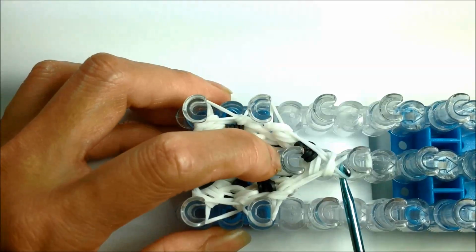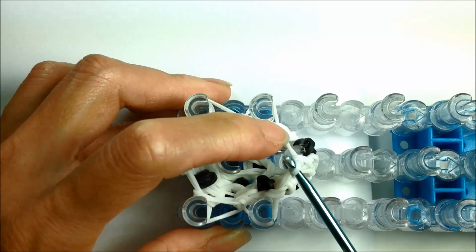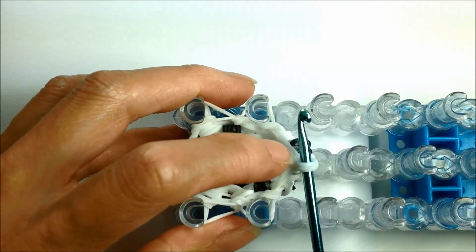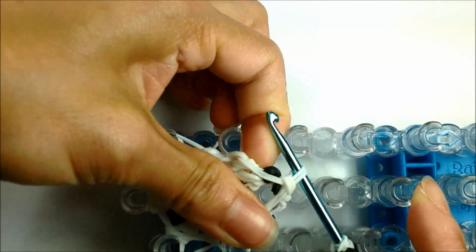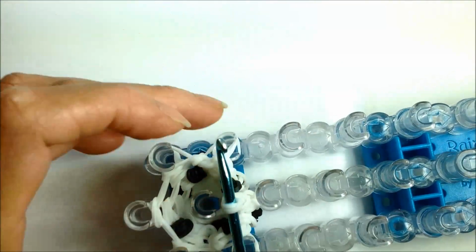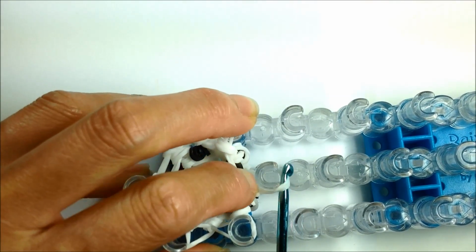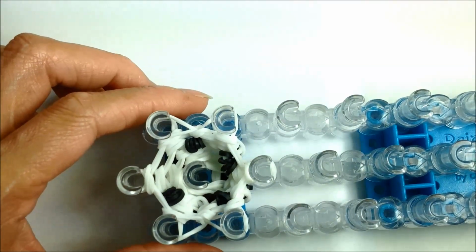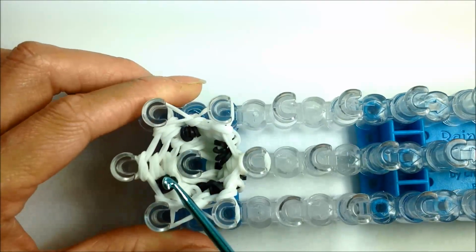And we are finally going to remove these 2 bands off of the 4th center peg, and we're going to attach it to the 3rd center peg. We just have to move these bands up off the center 3rd peg and reattach those loops onto there. So now we are back to 6 pegs,